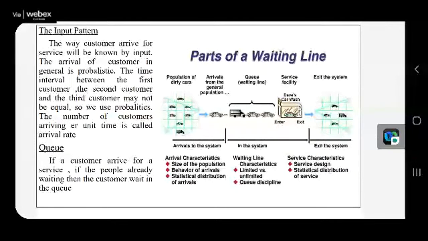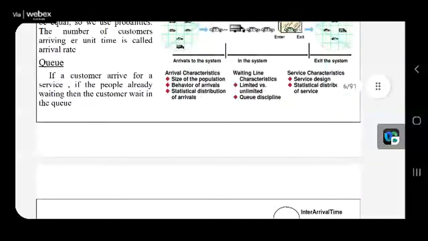The first and major one is whether the queue is limited or unlimited. If the queue is limited, it means the space is limited for cars to be parked before they undergo cleaning. Next is unlimited: there is wide enough space so that you can place your car and when your turn comes, you can go and clean it. And next is queue discipline, in what manner the queue is moving, either in a single line or in two lines, or if there are two servers. Next is service characteristics. The details of the service characteristics are available in the next slide, I'll just go with that.